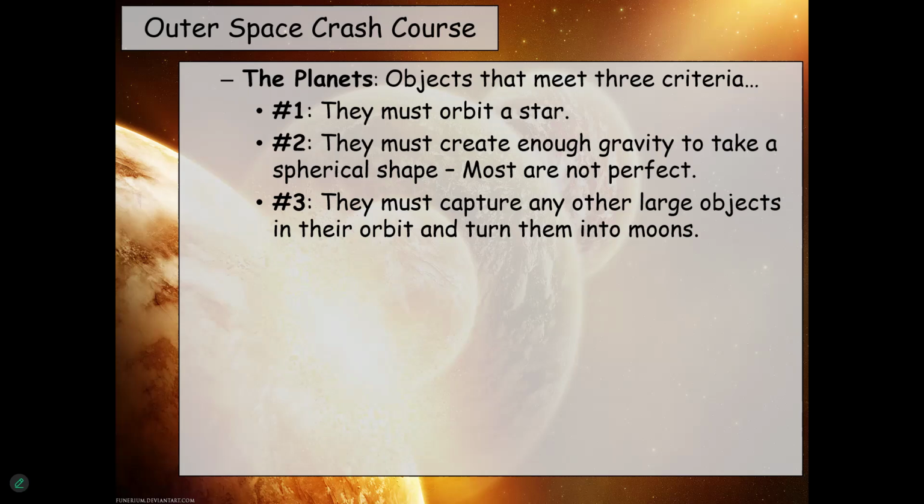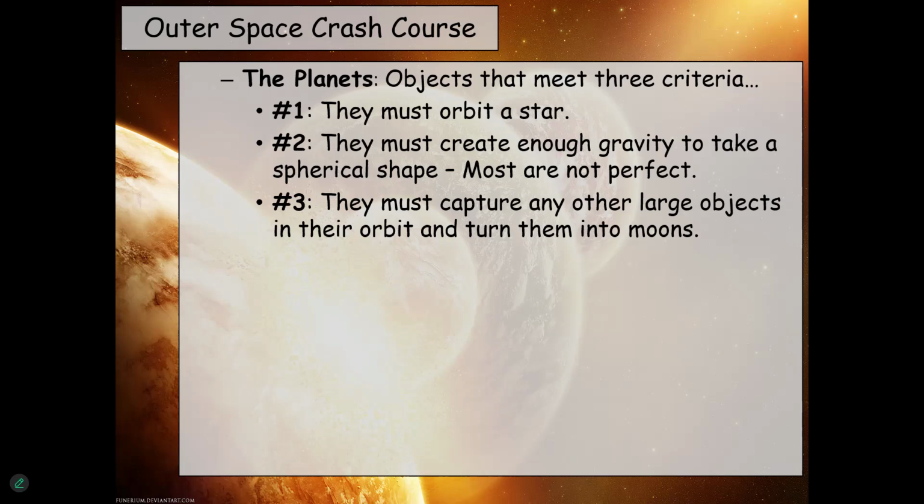Right? So again, here Pluto fails to do that. Pluto has a bunch of garbage in its orbit: comets, asteroids, just chunks of rock floating around up there that it has not managed to do either of those things with. It does not have enough gravity to affect those objects enough to turn them into a moon or bring them down. And it does have a moon.